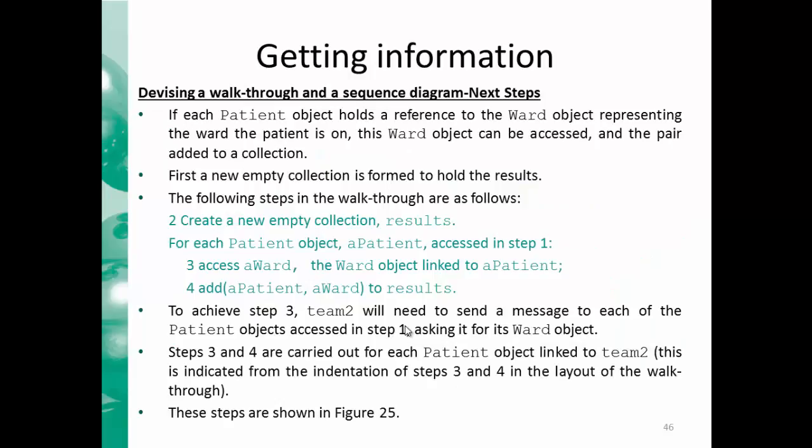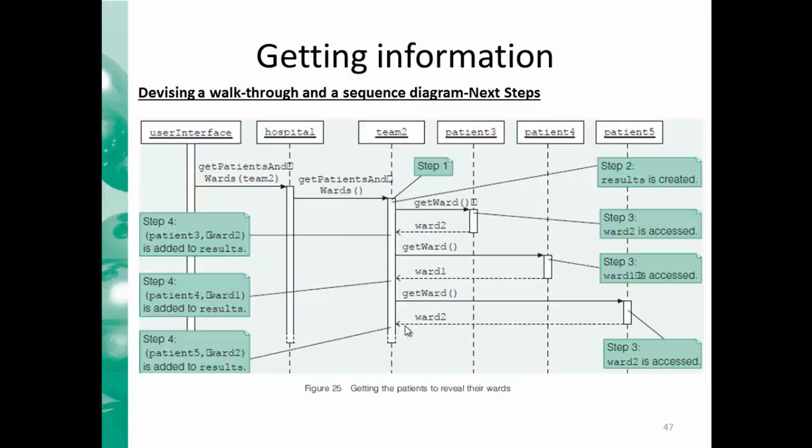Now we have to go through building the walkthrough. The walkthrough will show us that we need an empty collection called result, and in that result we will have couples of teams and patients according to the scenario we built earlier. The detailed sequence diagram here shows us how team 2 is going to communicate with its patients and find out what their wards are, and then it will take the responsibility of linking each patient to its ward and return them as a collection to the hospital